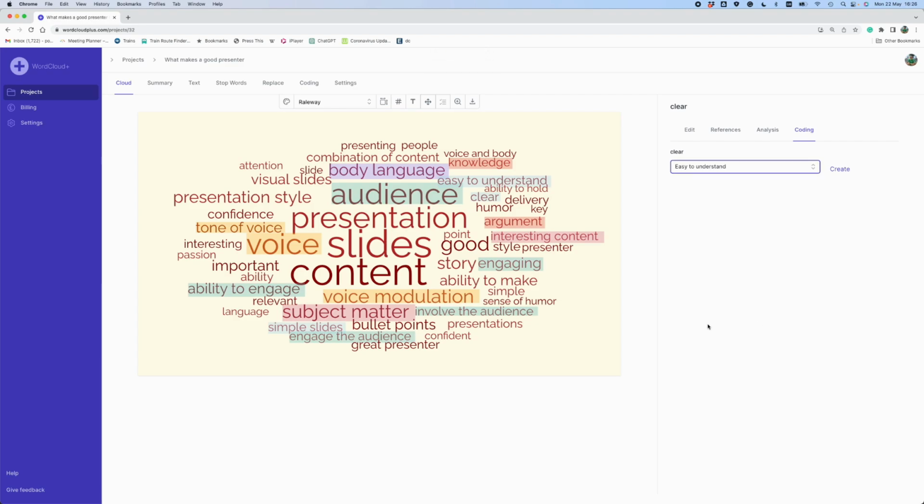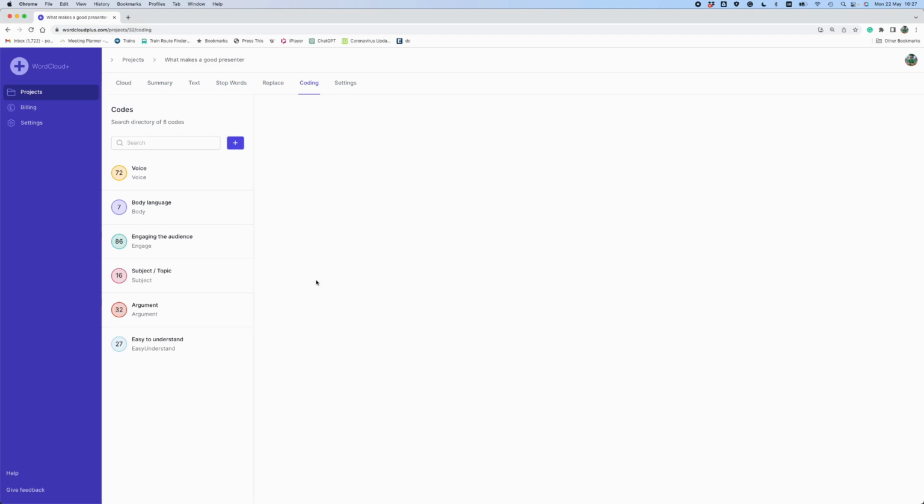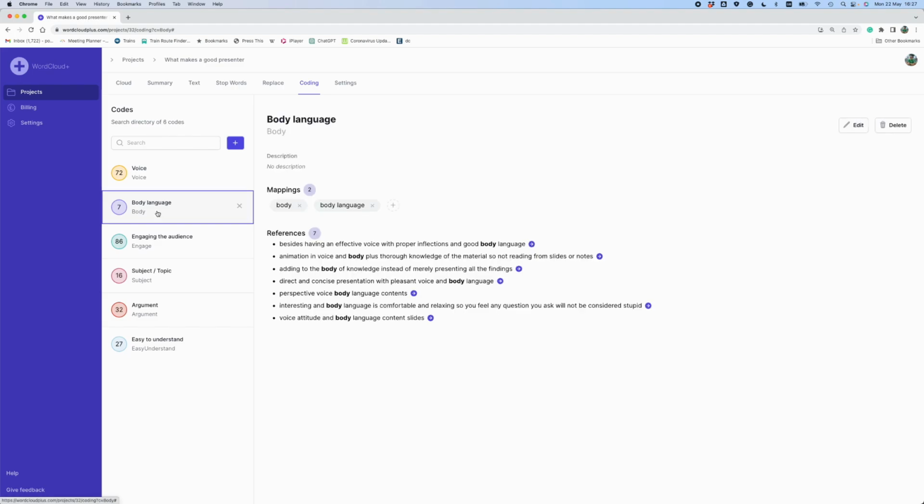So we've already pulled up a lot of the features in there, and what we can do now to get a sense of this is we'll go to the coding tab. And if we go to the coding tab, it shows us that we've used these 1, 2, 3, 4, 5, 6 codes, and that body language actually doesn't crop up very much. There are just 7 references to body language in all of the text. So it's important, it does crop up. Whereas voice,